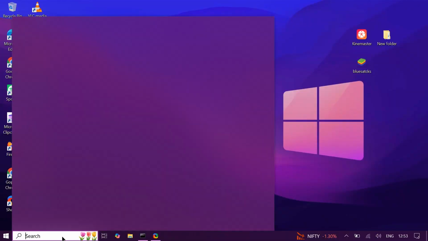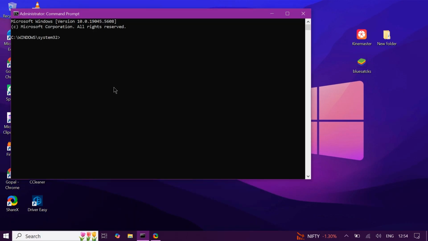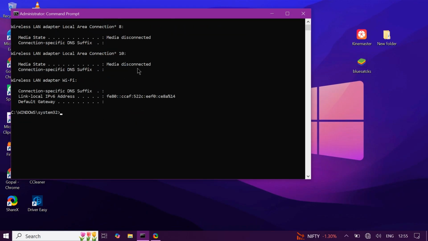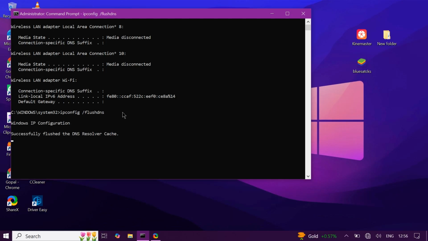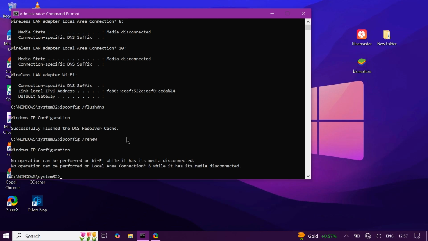Just open search and type here cmd and click on run as administrator, as you can see, and type here ipconfig space /release. Press enter on your keyboard, scroll down a little bit and type here ipconfig space /flushdns and then press enter on your keyboard. Again type here ipconfig space /renew and then press enter on your keyboard and type